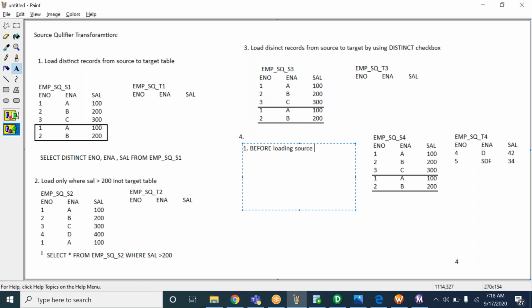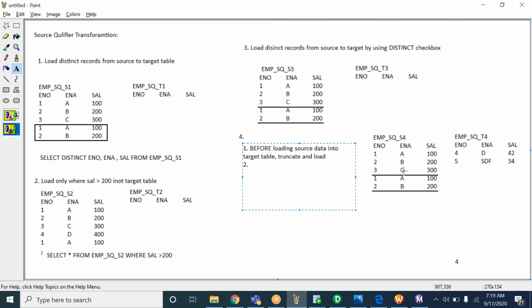Before loading source data into the target table, truncate and load. So we have to truncate the data. Truncate means delete those records. That is the first step which we have to perform. Okay, now let's say we have truncated.